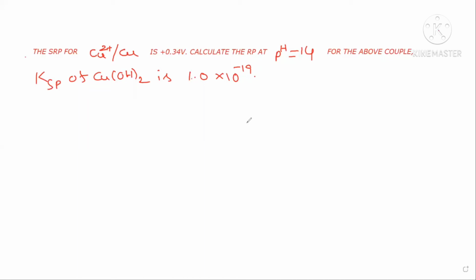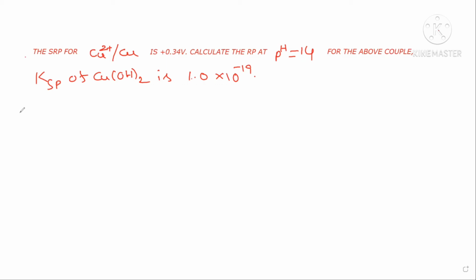Okay, students, based on Nernst equation, how can we solve this problem? The standard reduction potential for Cu2+ to Cu is plus 0.34 volts. Calculate the reduction potential at pH is equal to 14 for the above couple. Ksp of Cu(OH)2 is 1.0 into 10 to the power of minus 19. So first we have to